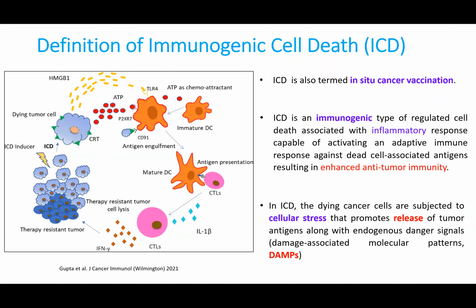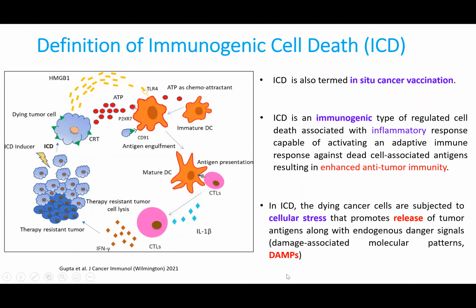So what is happening here? The dying cancer cells, after being treated with an immunogenic cell death inducer, are subjected to cellular stress. This cellular stress will cause the cancer cells to release some danger signals, or what we call damage-associated molecular patterns,